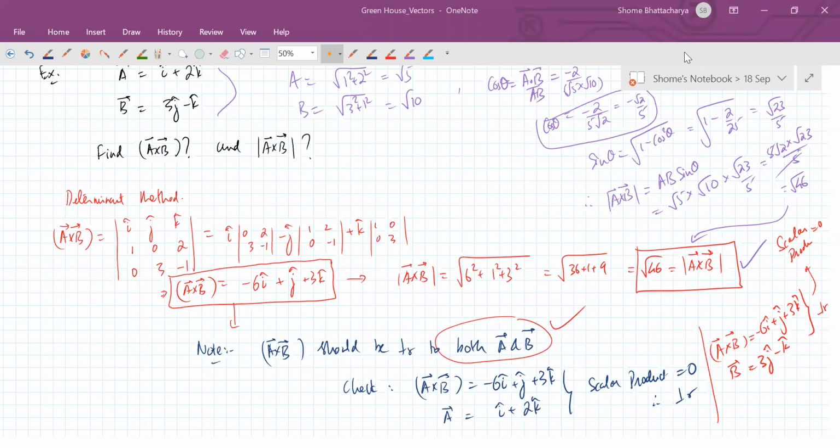So you can check collinearity with the cross product, but the cross product is not a good way to check collinearity. It's a very lengthy way. I had given you the trick for collinearity earlier: if two vectors are collinear, then ax upon bx will be equal to ay upon by, will be equal to az upon bz. That is the easier way to check the collinear condition. In fact, you can see the reverse of that happening over here. So let's discuss that next.